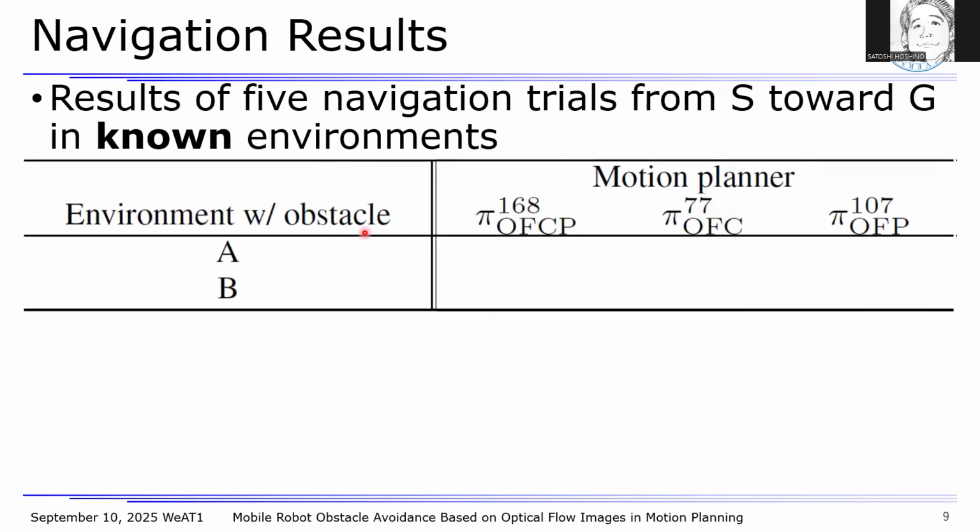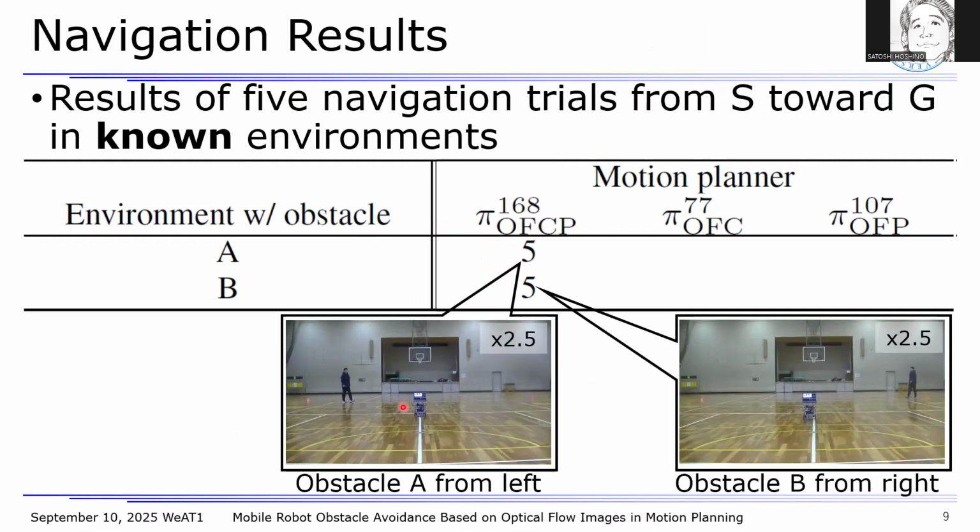This table shows the number of trials in which the robot successfully reached the goal in the environments where the desired motions were instructed by the expert. So these environments are known to the robot. First, the robot using motion planner 168 successfully completed all autonomous navigation in all 10 trials. It is noticeable that the robot avoided obstacle A from the left and obstacle B from the right as instructed